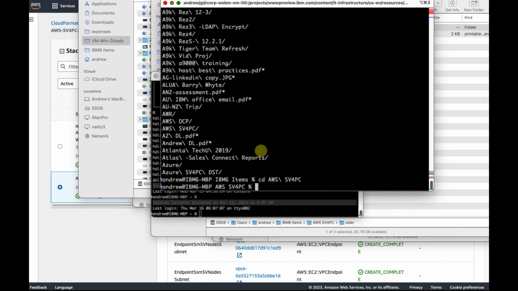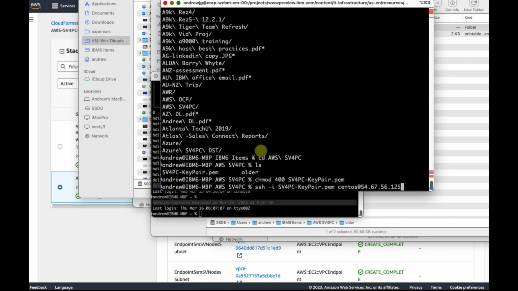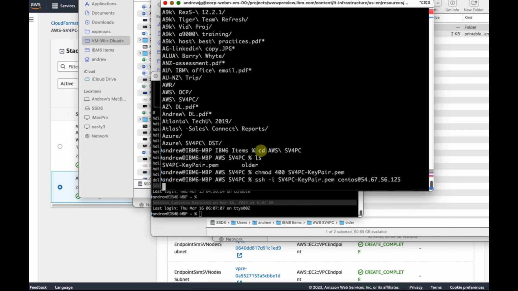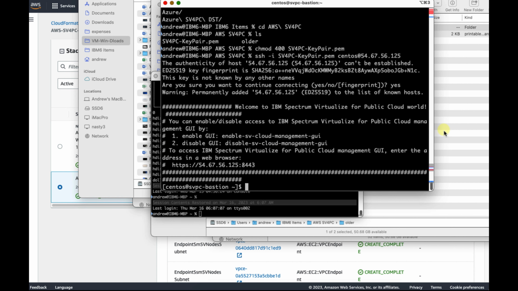So as you can see, let's take a look using that private key that we just talked about that I saved on my local hard drive. I'll be using that to actually communicate through the Bastion into our new SVPC. First, I have to change those permissions, and then I'll SSH using that key, and I'll connect in, and now